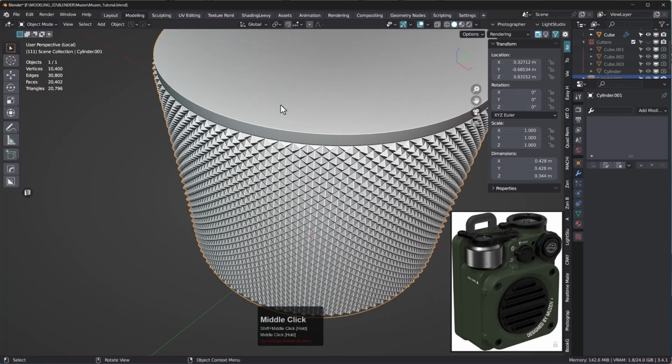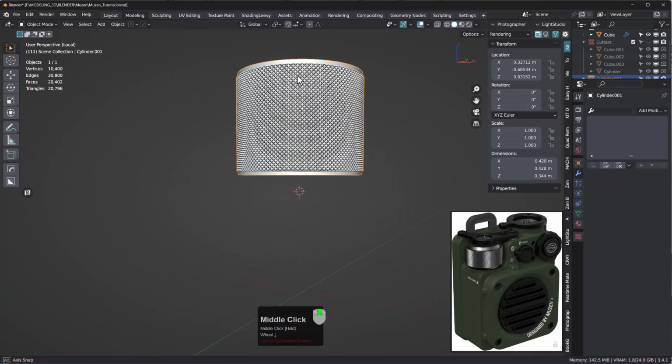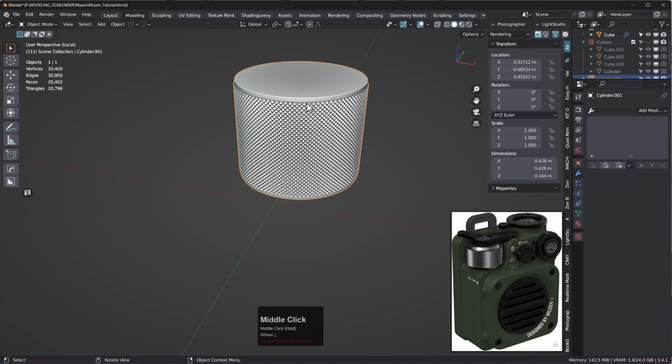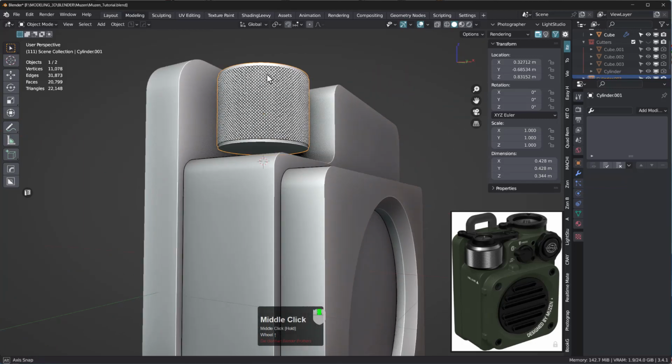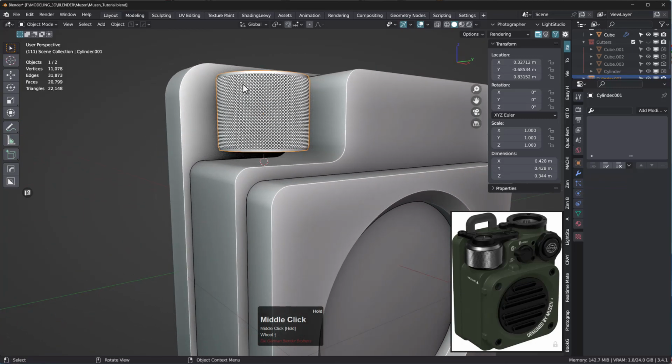Quite easy and simple. Okay, so let's press the forward slash on the numpad again to go back out of the isolate mode,